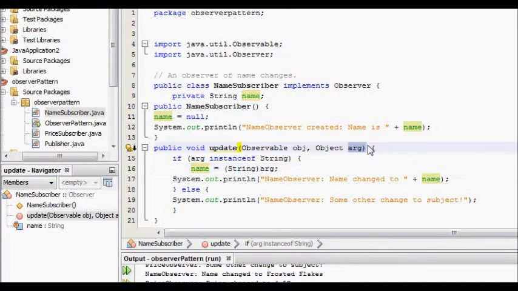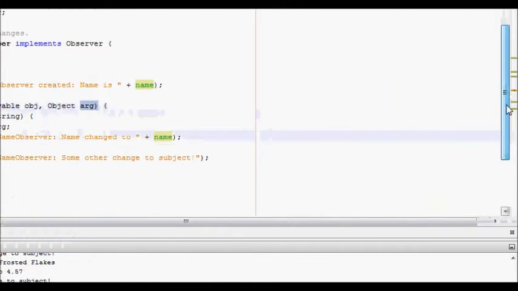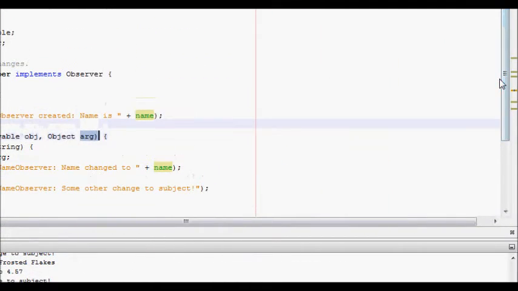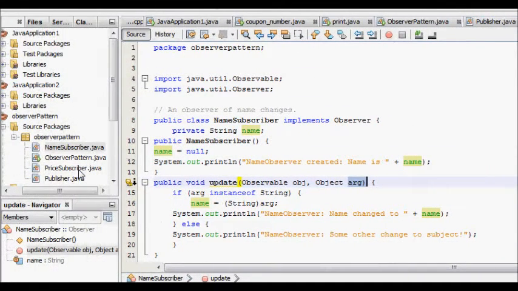From the observable class, it has got one argument in that update method, and if it is a string instance, it prints out the name has changed, otherwise it says something else has changed. So both the observers, the name observer and the price observer, are looking for changes in their respective data, and when it is changed, they print that out.